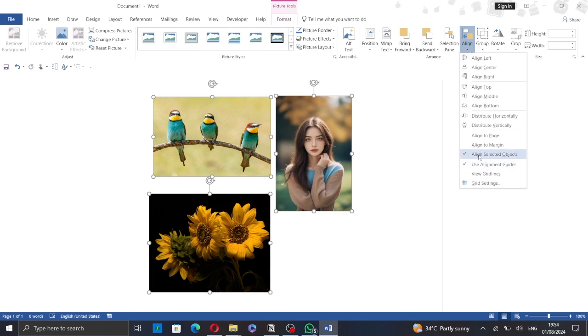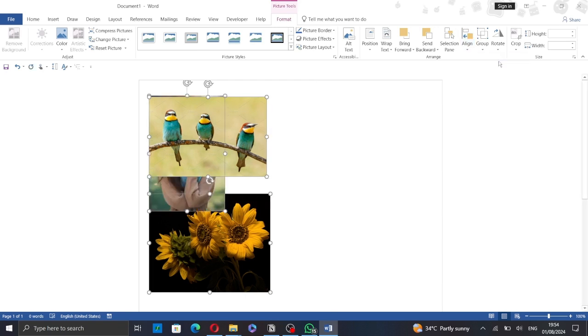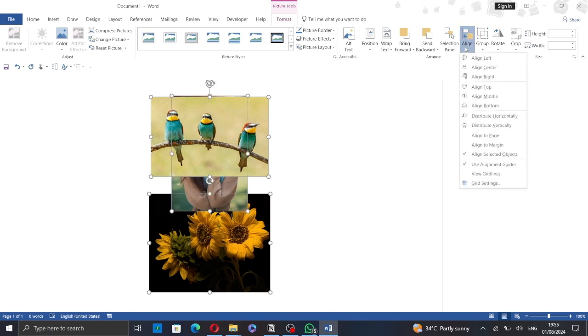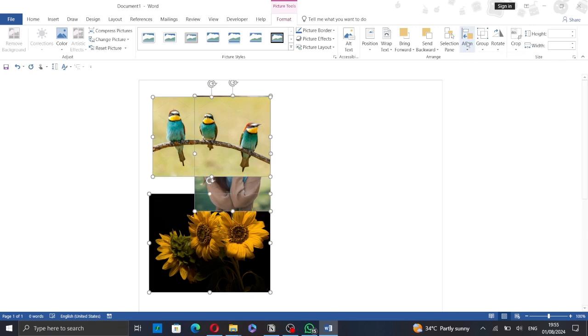Now, if you want to align them, to align the selected objects, select Align Selected Objects, and if you want to align them to margin, select Align to Margin. If you want to align them to page, then select Align to Page. And here you can align them to the left, to the center, to the right, align to the top,